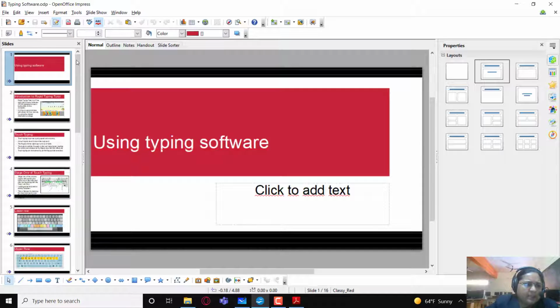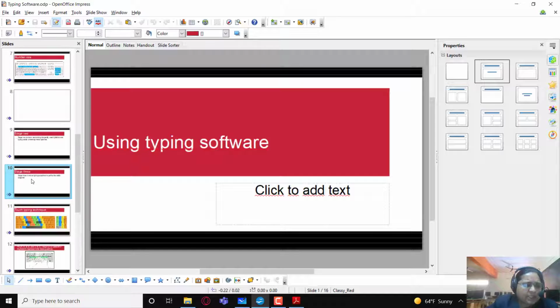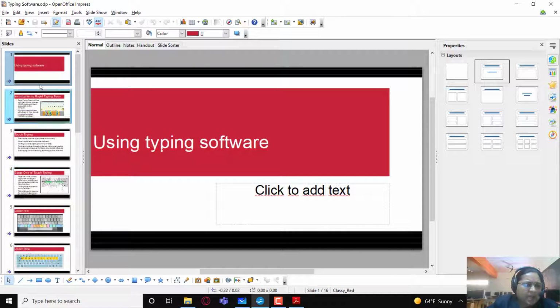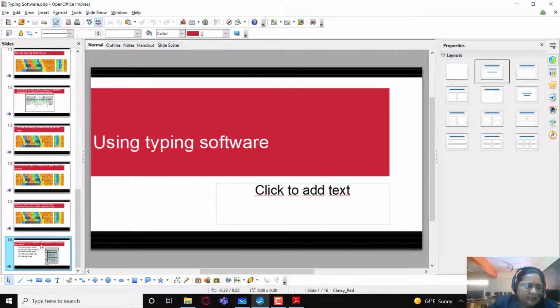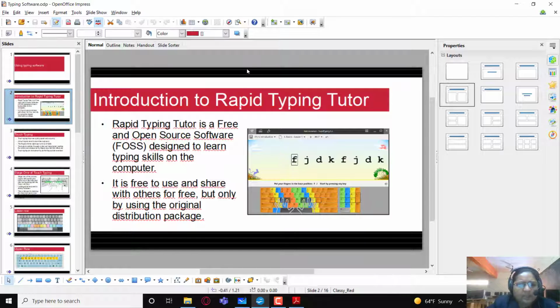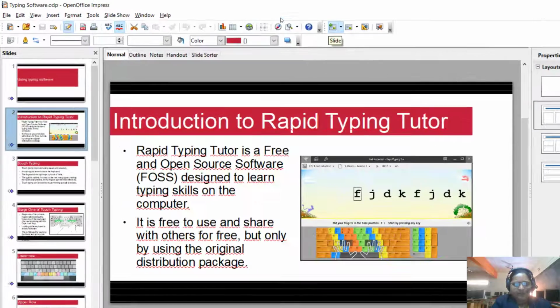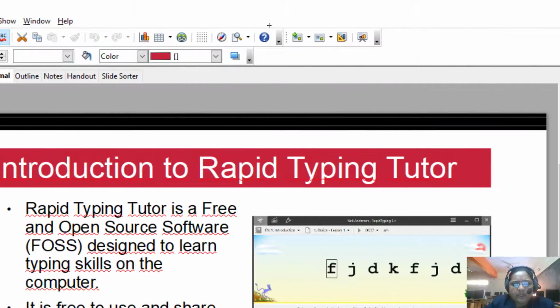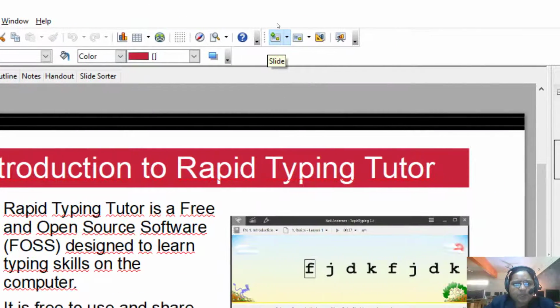So here you can see I have a presentation, and in this presentation I have many slides, around 16 slides are there. So I want to create a duplicate slide for slide 2. So you can see over here in the slide pane, I am going to select slide 2, and now I will be going to the standard toolbar over here, and you can see the slide option.